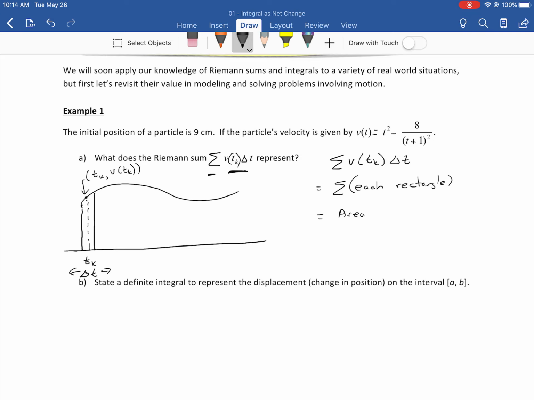And what does that measure? Area under the curve. So you're going to add up all those rectangles and get the area under the curve. And in this case, what does that Riemann sum mean? That means net